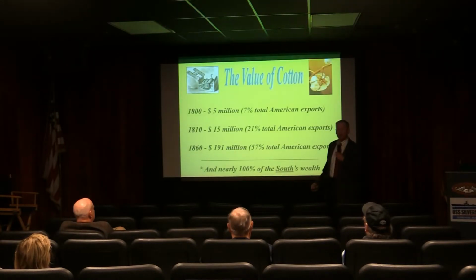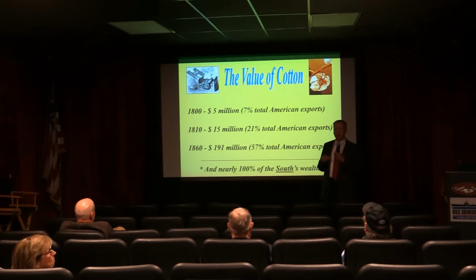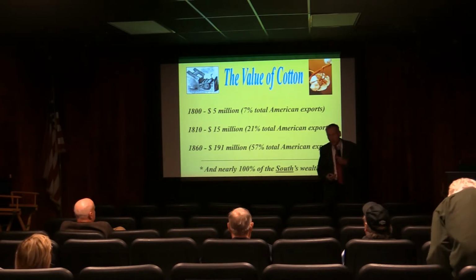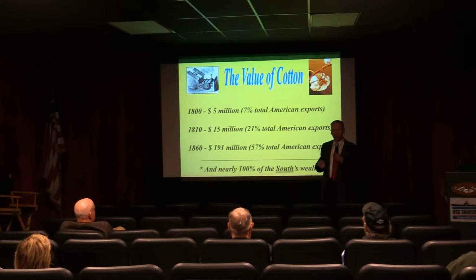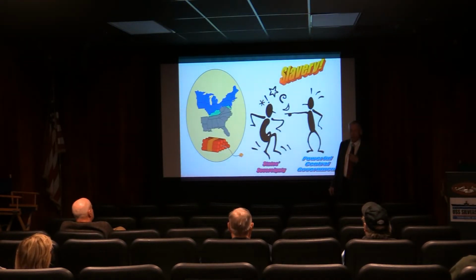The cotton provided great amounts of money to the Southern economy, in increasing value until by 1860, it represented nearly 100% of the South's economy. And to change out slaves for workers at that point would have been very disruptive. The South said, this is a matter of individual state sovereignty. We will decide when to do it, not the central government. This became the crux of an issue between North and South. Central government versus state sovereignty.